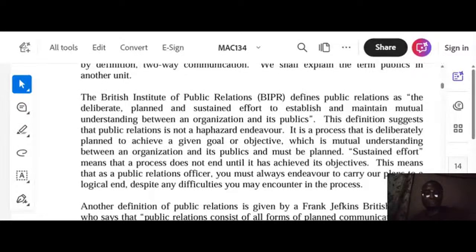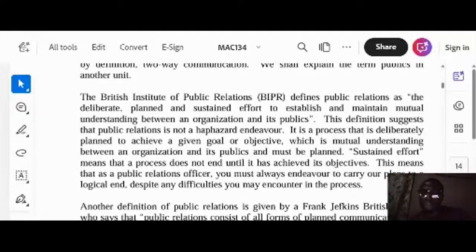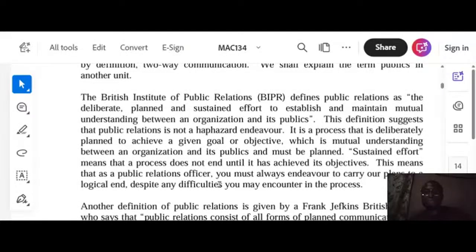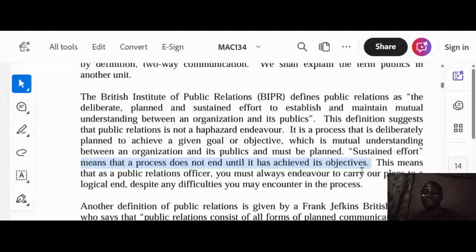According to them, sustained effort means that a process does not end until it has achieved its objectives. So sustained effort in the definition by the British Institute of Public Relations, BIPR, means that